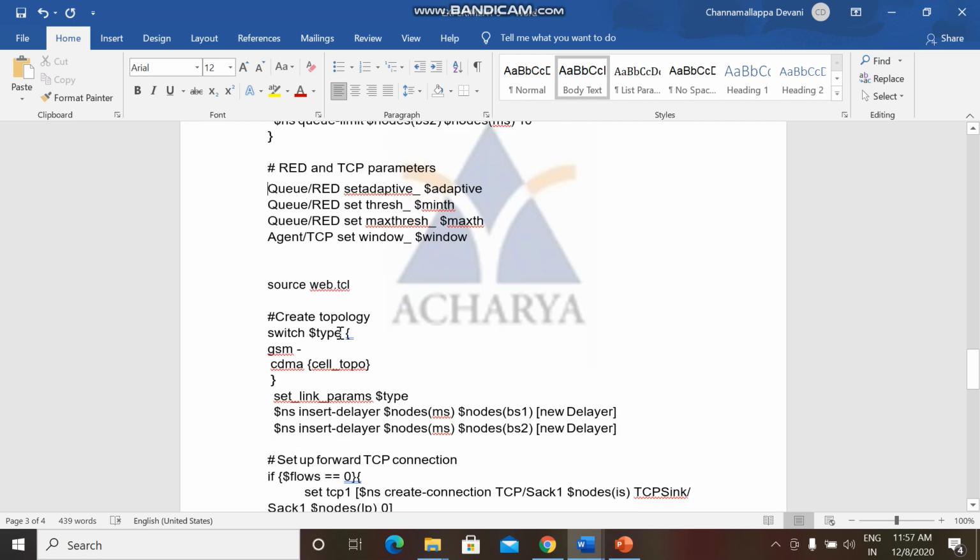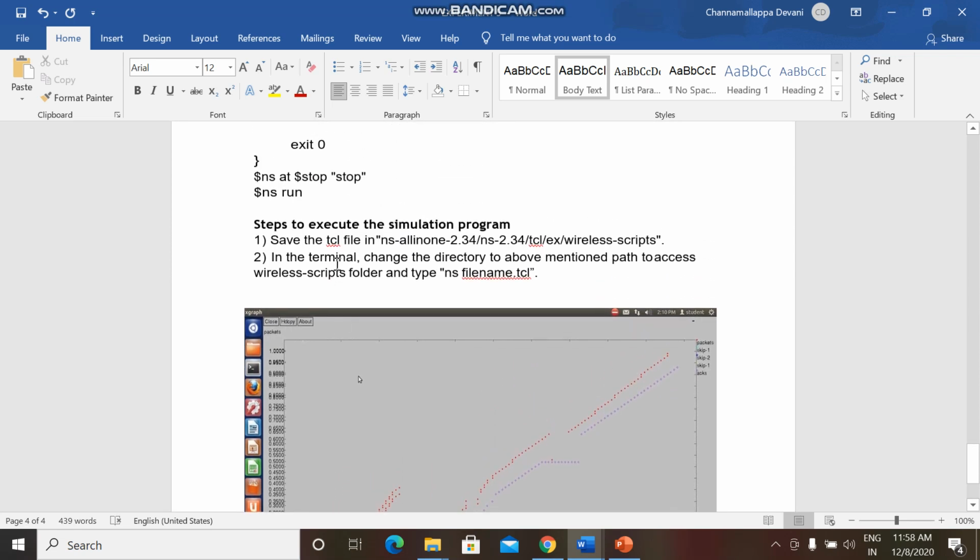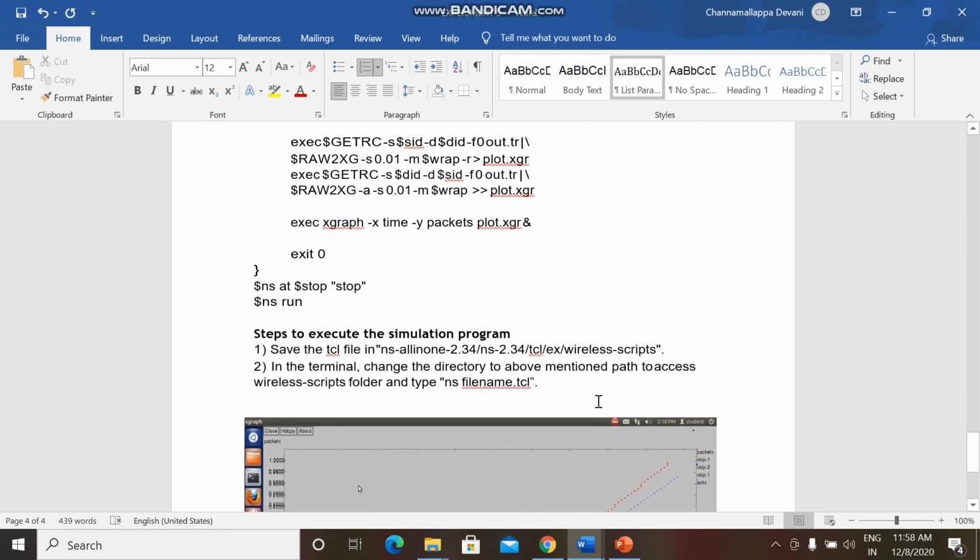It is present wherever we have installed NS all-in-one, that is 3.4. In this NS 3.4 version, we have a TCL folder, in that an EX folder, in that wireless scripts, and in that we have a set of folders. In that set of folders, we have web.tcl. So that is the path where it is present.